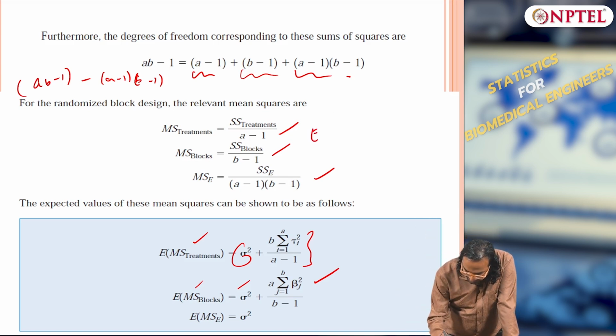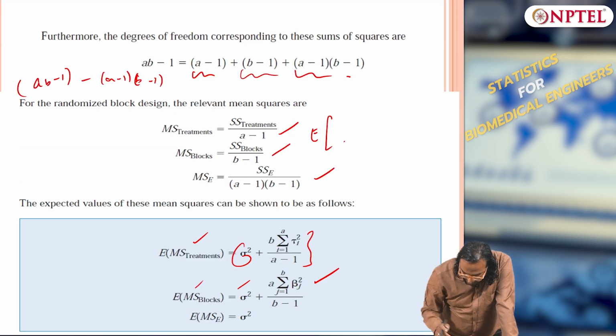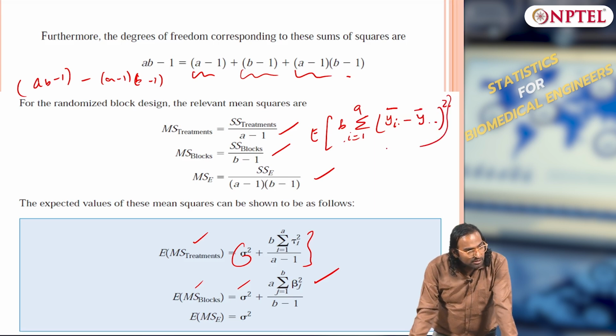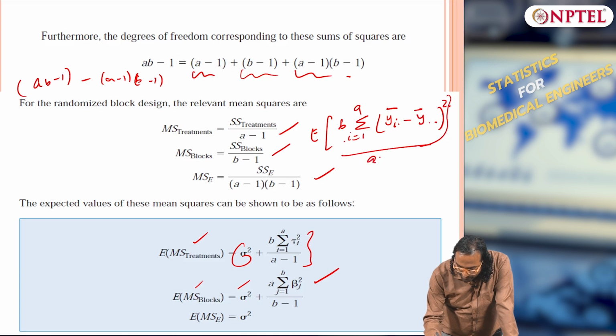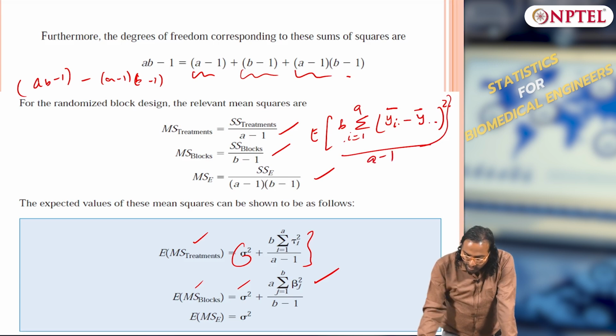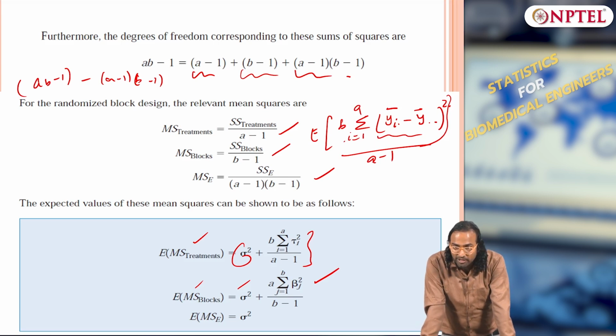So expectation of mean square treatment is what I have. Mean square treatment is b times summation i equals 1 to a, y i dot bar minus y bar dot dot, the whole square. This is what you should be dividing by a minus 1. This is what you should be taking. Okay. Now you can expand this, you can take (a minus b) the whole square,